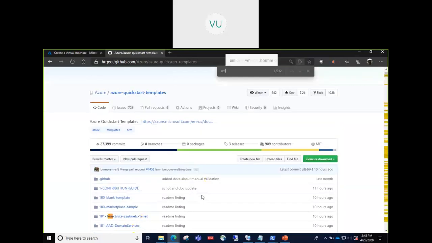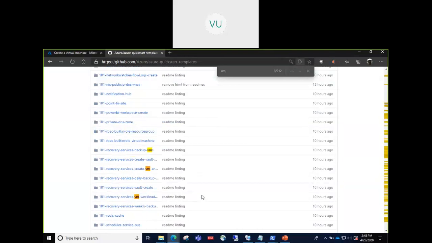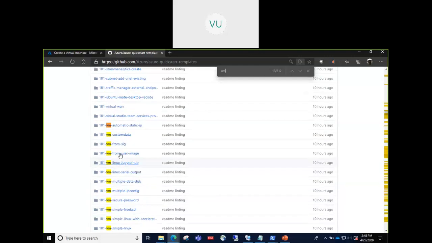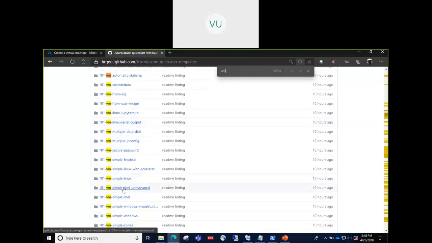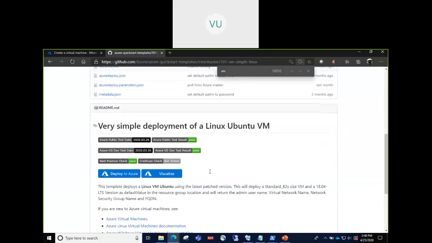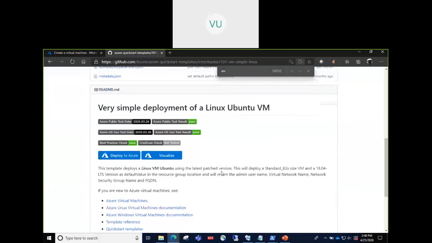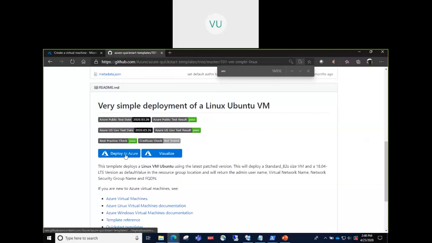VM, Control F, VM. Simple Linux VM. Yeah. See, once I sign in to the GitHub account, it gives me this option, deploy to Azure.